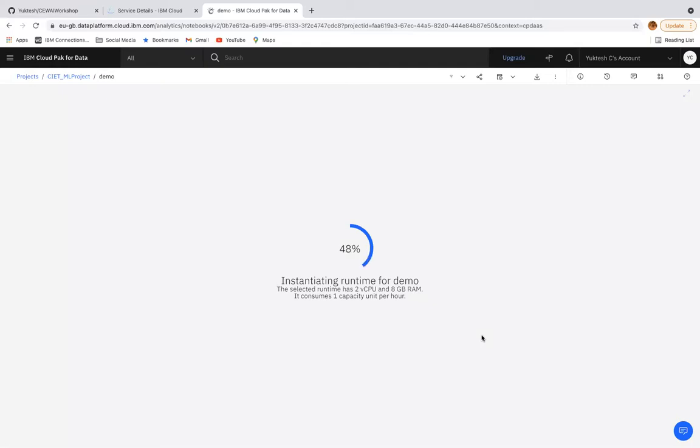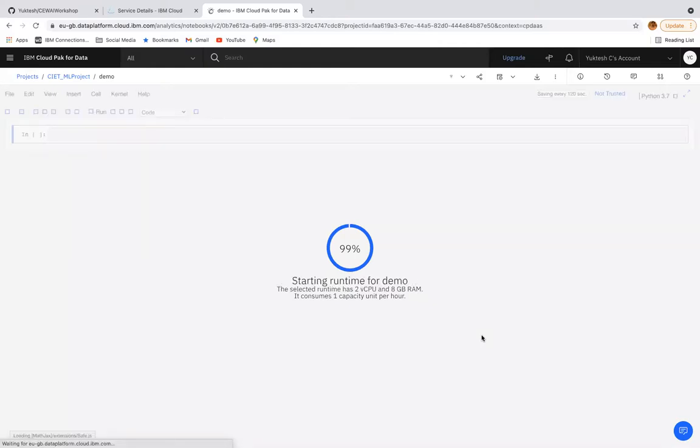Jupyter is an IDE where you can do your AI ML coding. You see what's happening now. It is instantiating a runtime for the demo. For my application, it is constructing the operating system and hardware behind it, right? So you don't have to install anything. Just have a cloud account and directly come and work in the browser.